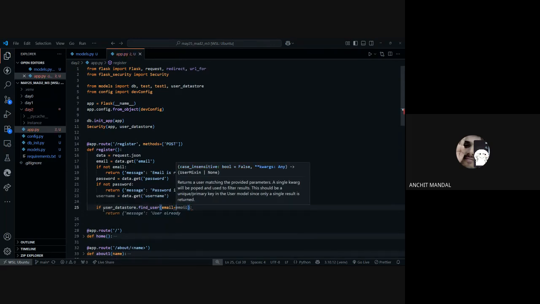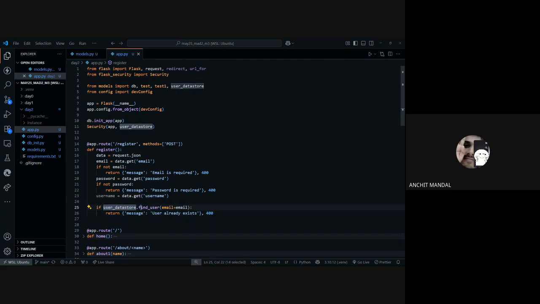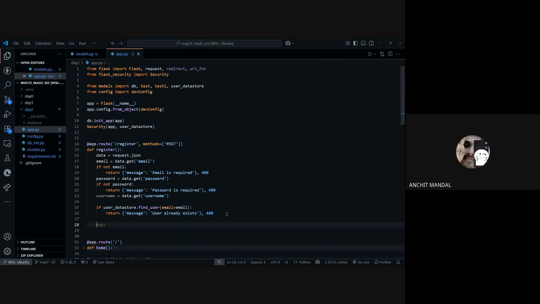Email, like the column name, and the email that I got stored in the email variable. I'm checking, so from the user data store, I'm using the method find user to find a user with the email address that I got over here. If a user is found, then I would say user already exists. Like forgetting, I don't know. I can say exists, exist. Okay. So